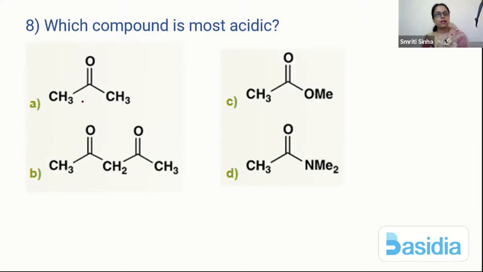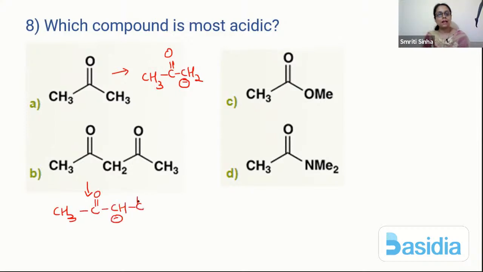Again, you have to compare the conjugate base. So here the conjugate base form is like this. Here also the conjugate base is stable, no doubt, due to resonance, but the negative charge is on carbon. In this case also the conjugate base will be stable, no doubt, but again the negative charge is on carbon, and you know that negative charge on the less electronegative atom is less stable. In this structure, if you see,